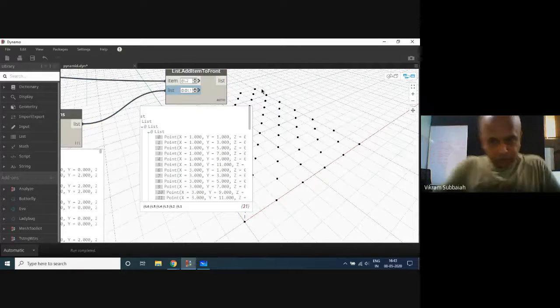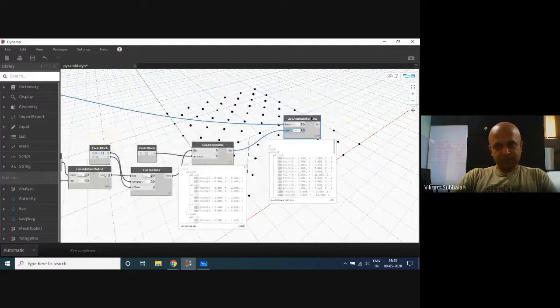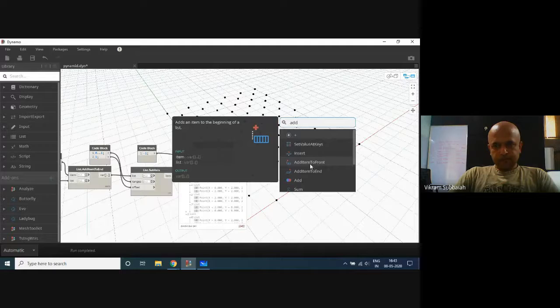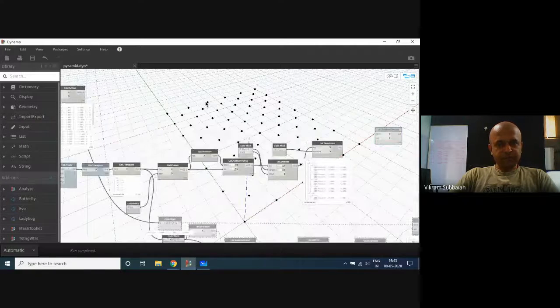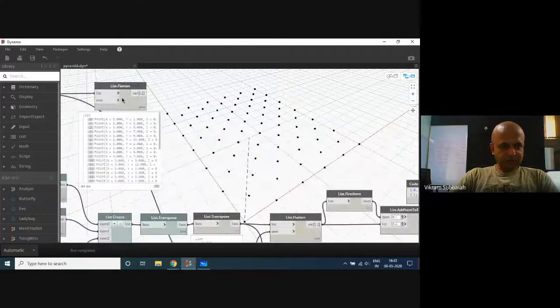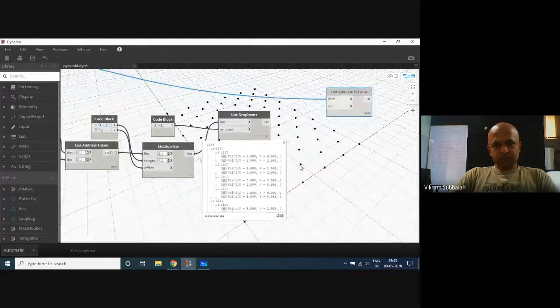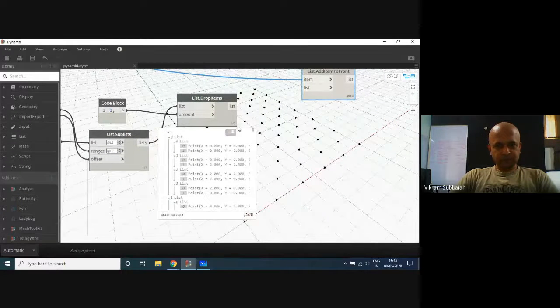Okay, I don't know why I'm not getting it. Just a minute. Let me just restart this. This dot add item to front. This needs to be the first item. And then I need to add this to each of these. So this is at level 4 and that is at level